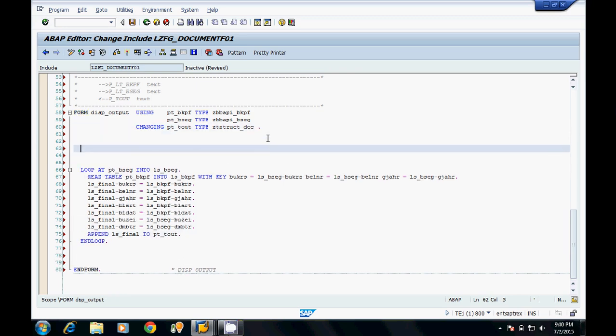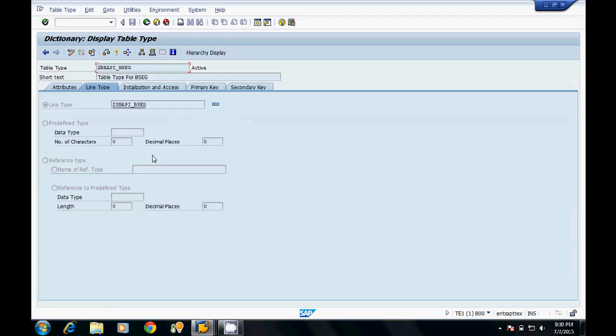Now we will declare the local structures or local work areas. Our first local structure is ls_psec, which is of type, we will check it from here. This is our table type and this is our structure for psec.